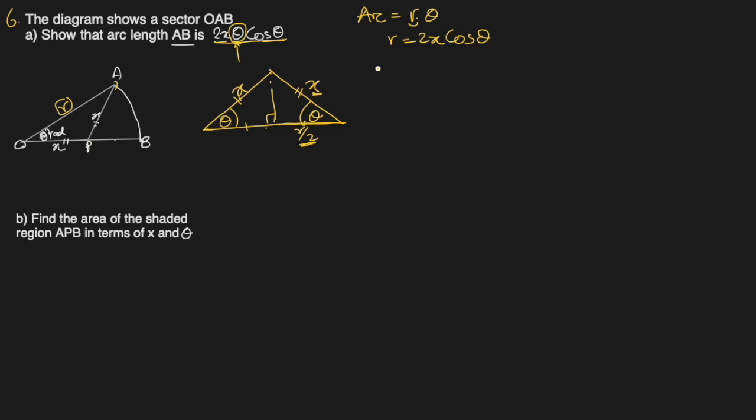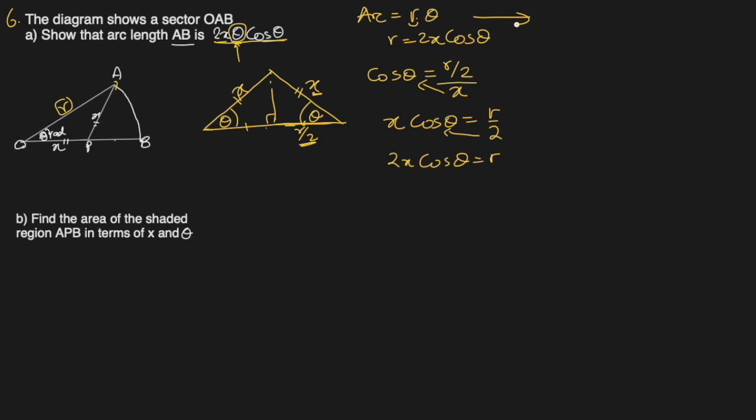So we will use cos. Cos theta will be adjacent r over 2 over hypotenuse x. So let's cross multiply. This x will multiply here. It will become x cos theta equal to r over 2. And now this 2 will also multiply here, and we got what we wanted, 2x cos theta equal to r,